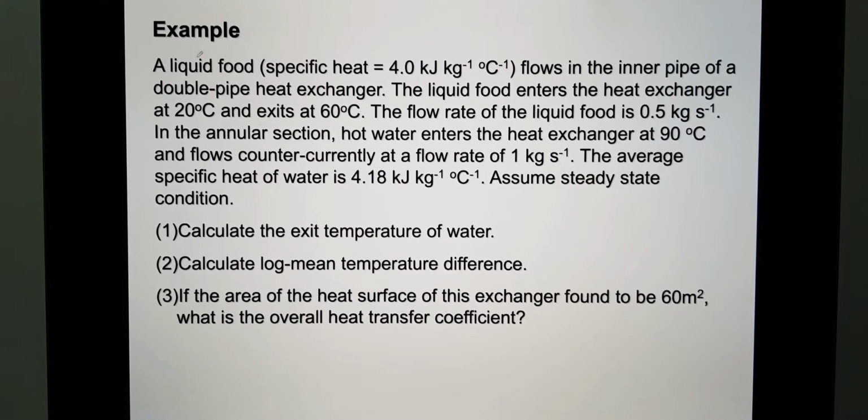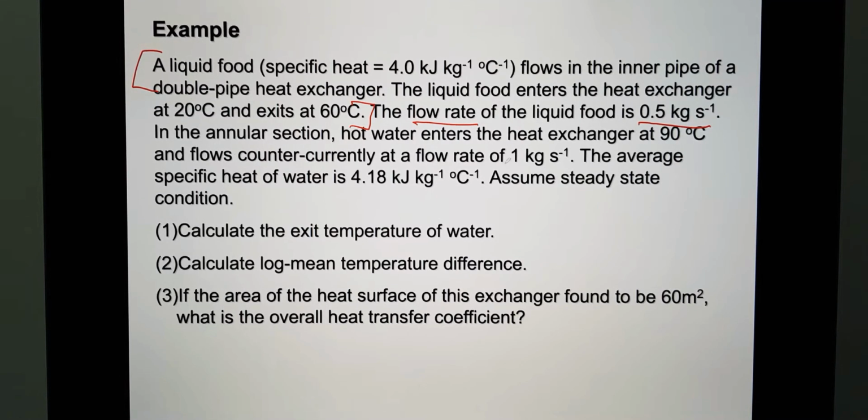Alright, so this particular information is meant for the liquid food. Then the flow rate of the liquid food is 0.5 kilogram per second. So this is the flow rate. This particular flow rate will relate to how we are going to calculate the flow rate of the hot water later. Alright, in the annular section, hot water enters the heat exchanger at 90 degrees Celsius and